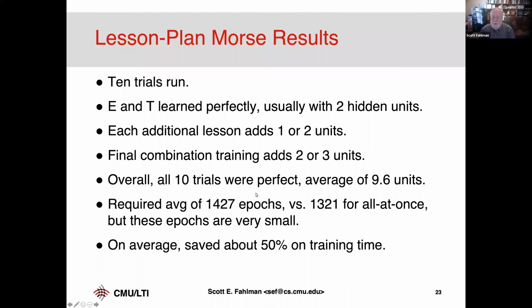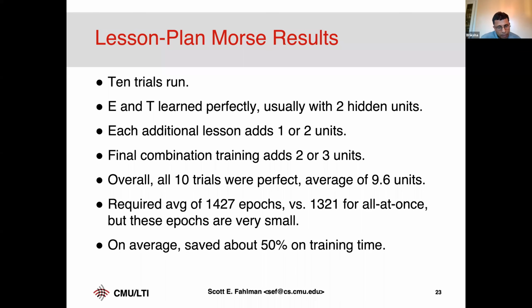So these are much smaller epochs because it's only learning 3 or 4 or 5 new characters. Some of these were to learn the E and T, and then some were to learn that next longer set, and so on and so on. So it's the same number of total epochs, but the epochs with the curriculum learning are much smaller. On average, it saved about 50% of the training time to break it up into a lesson plan, a curriculum, a series of shorter lessons, and then building to the more complex ones, metaphorically, just as humans learn.